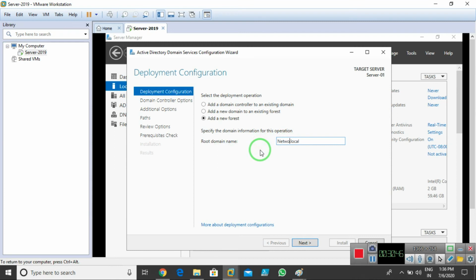or you can write your company name also like this, networkershome.local. So I make this domain in my private network, that's why you can go for local. If you want to launch this domain publicly, you can go for .com, .org, .edu, whatever domain you want to choose. Okay, fine. Now click on next.